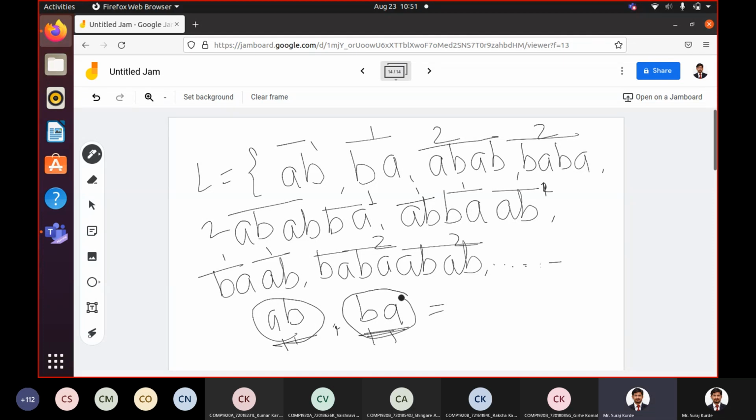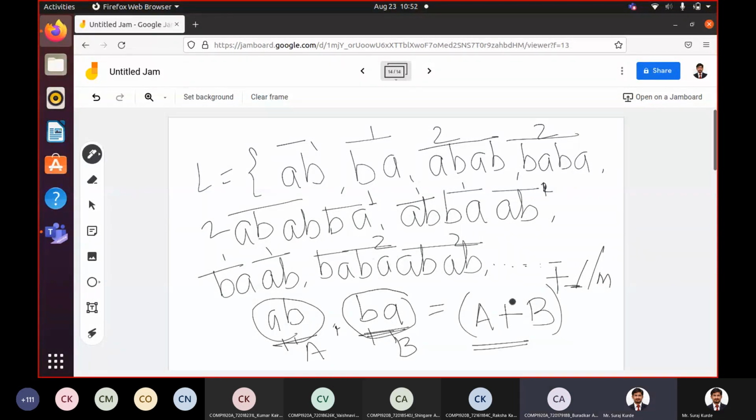or BA. Let me write capital A, capital B. So A and B are repeated any number of times in combination. They are repeated in combination: capital A or capital B, repeated one or more times. So what will be the regular expression? (A + B)+